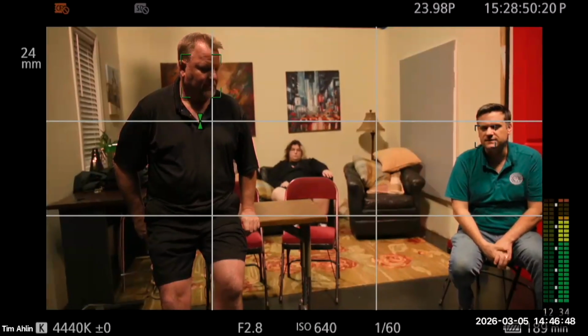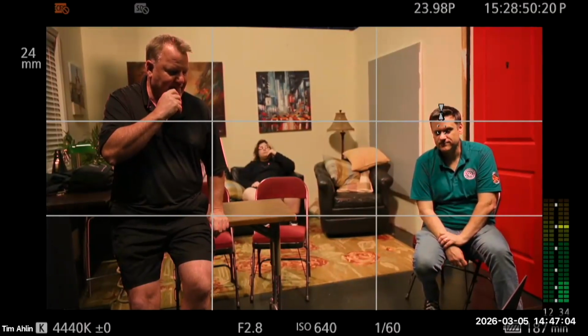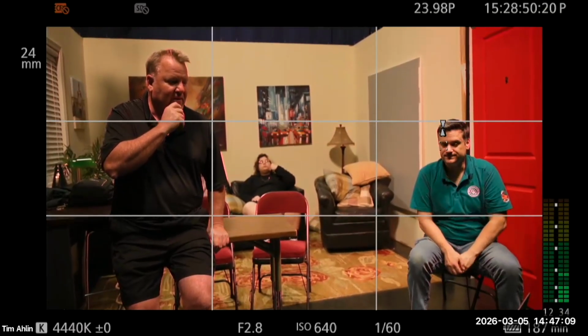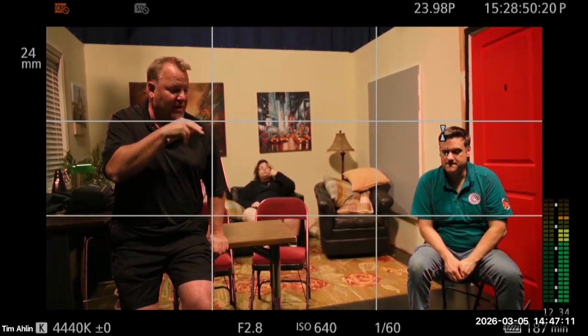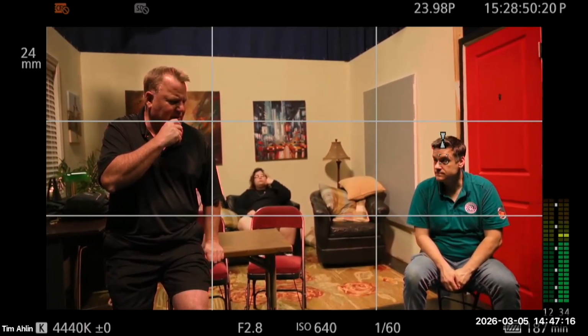Grant, you like this shot? No. Me neither. Thank you. Also, it's out of focus. I mean, I think Grant's in focus. You're a little more the one that's out of focus, Mr. Owen. Yep. I think I'm too high in the frame. I would tilt up slightly. And I think splitting us on that upper third is better. I think that's probably looking a little better.